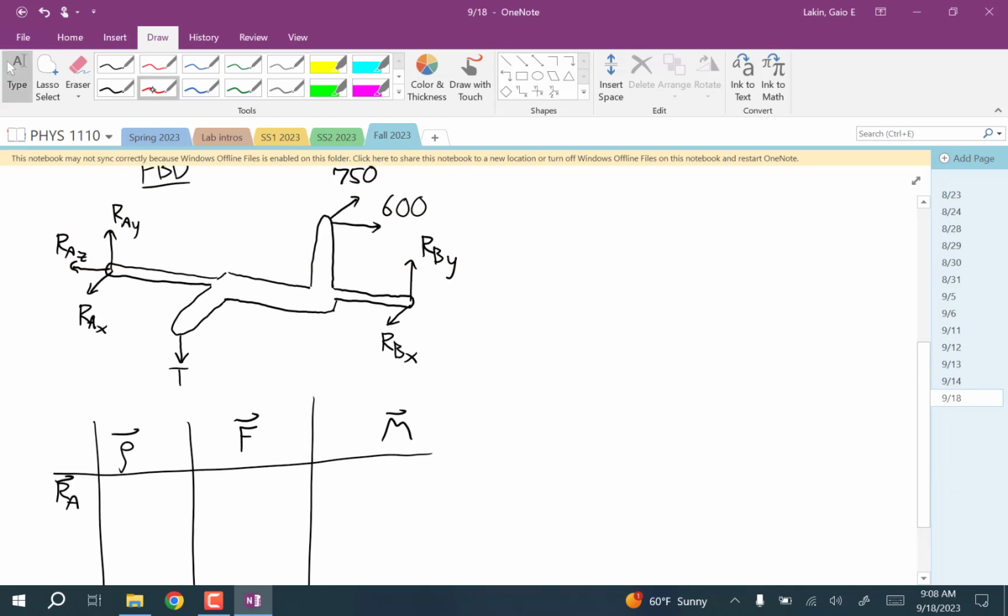And our about point, I guess I'll choose it over here. So for the row vector, we have 0. For the force vector, RAX, RAY,